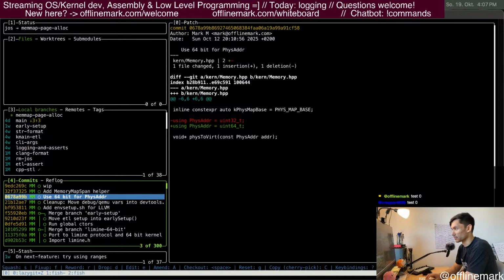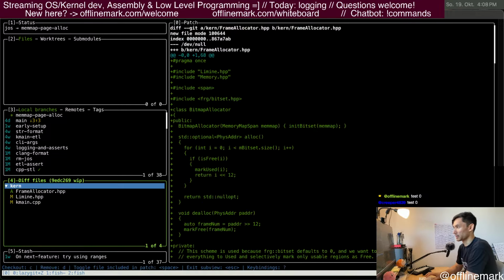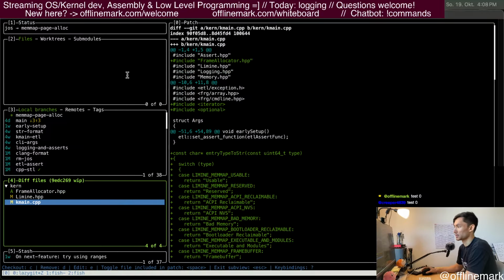Use 64-bit for the physical address. Adding this little memory map span type. So that was just a bit. And then the main commit from last time was,